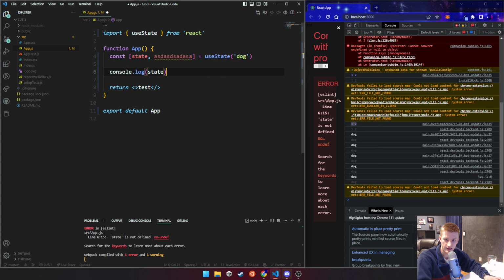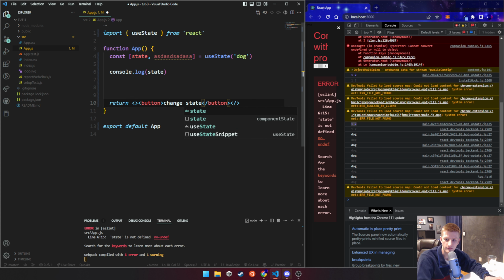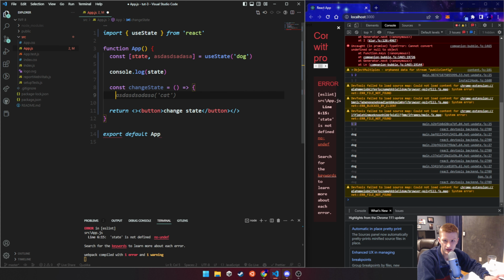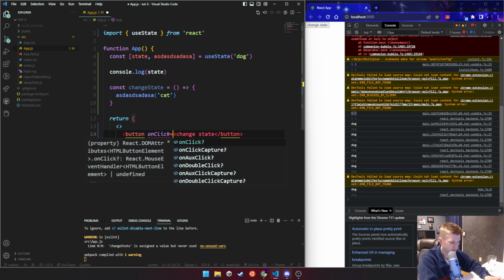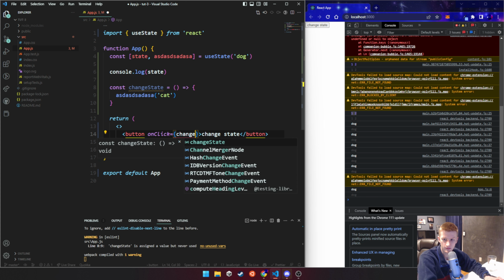We're going to console log state, and then we're going to add a button that says change state, and then we'll create a function called change state. What this is going to do is change it to cat. So it's going to use the setter. It takes that argument in, and it's going to update this value. So this takes in a value and updates this value. And then we can close this, and then we can add an on click to this button that does change